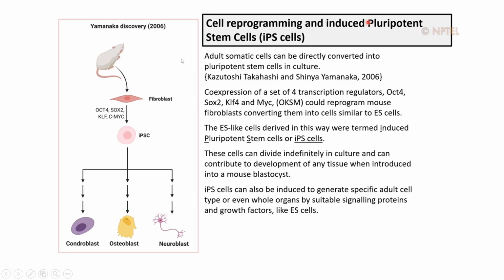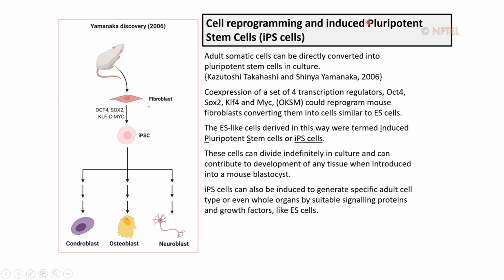Okay, when you take the blastocyst, that is a pluripotent cell. You can extract that blastocyst cell, the embryonic stem cell, and you can convert it into different organs. But there is also another concept, that is the induced pluripotent stem cell. So already differentiated cells, such as fibroblasts, can also be converted into pluripotent stem cells, which have the same characteristics as embryonic cells. So this is the de-differentiation pathway which we are talking about.